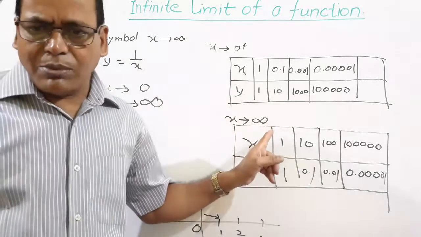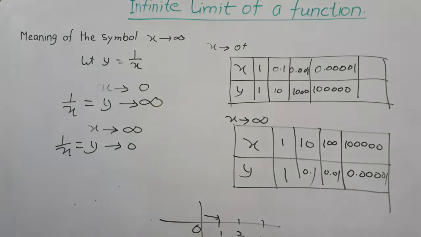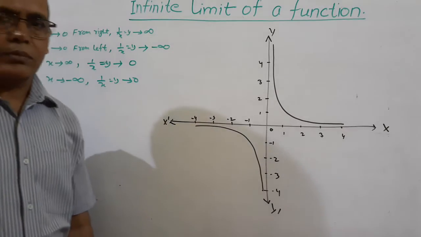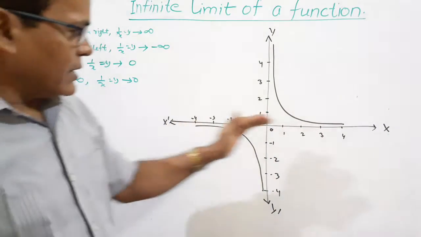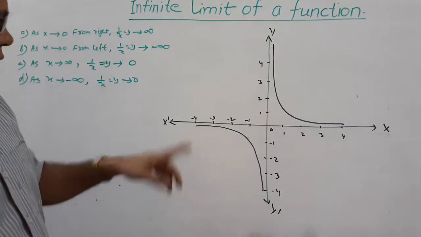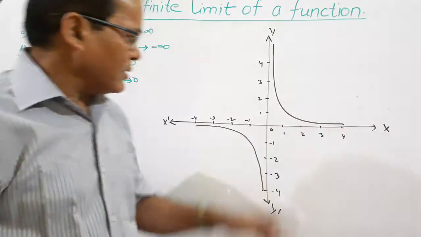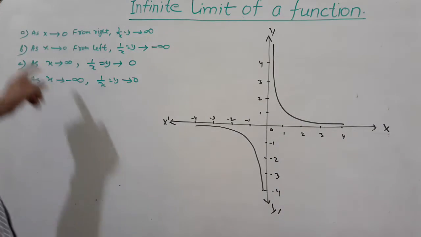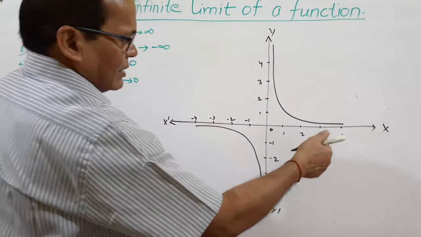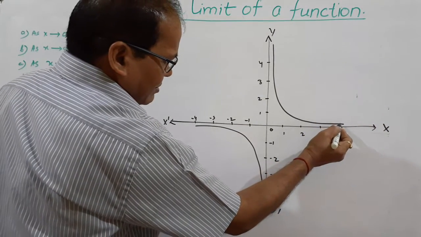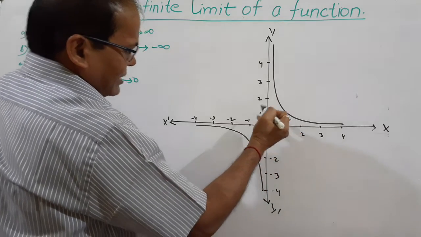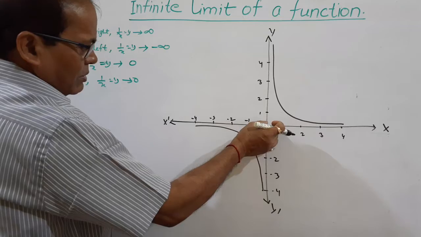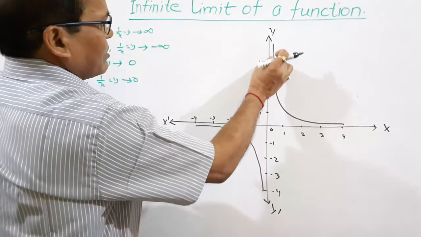With one graph you will learn more. From this graph it will be more clear. Suppose this is the graph. You have got two graphs. One is for negative infinity, one is for positive infinity. First you see here. If x is approaching 0 from the right, this is the x value. X is moving through 4, 3, 2, approaching 1 and going towards 0. If x is approaching 0 from right to left, then y is increasing. Y is going where? Infinity.